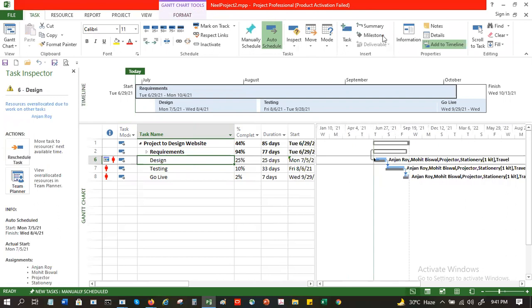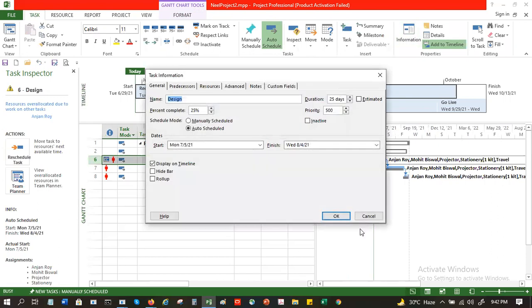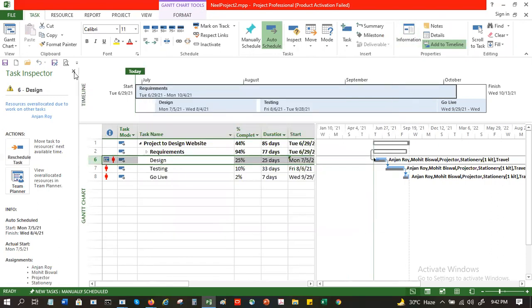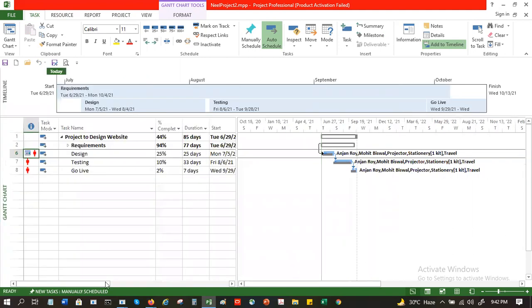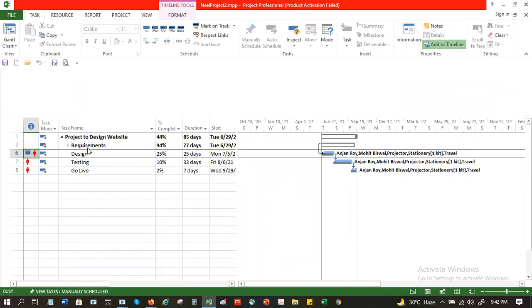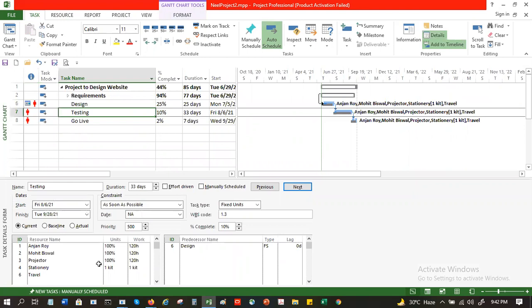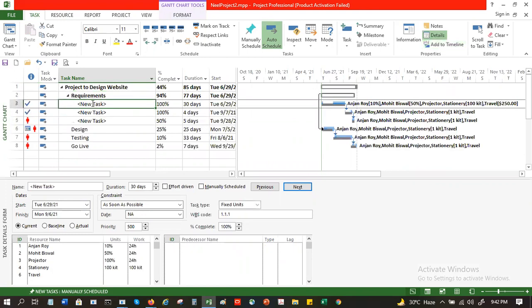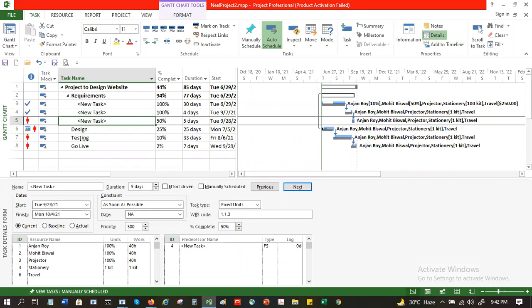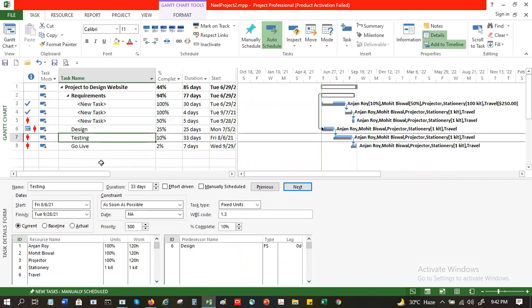Right. And if you want to see the information, you can also view the entire screen in two parts. In that case you can say details here, so you will see each of them below, and you can do a quick comparison. Sometimes when you're doing the project plan, before finalizing, you want to quickly go through and do a round of checks and cross checks. So this is easier to do.